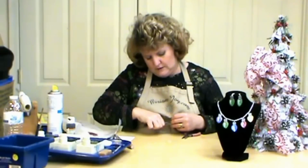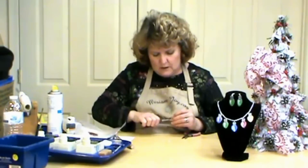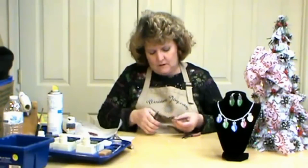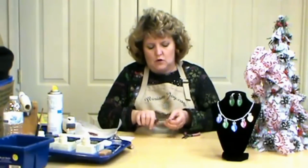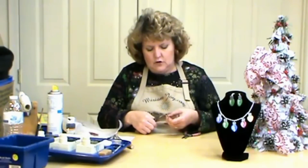I'm going to squish it sideways, and then I'm going to squish it from top to bottom just to keep that nice and tight as well. So now we're going to put the second jump ring on, and we're going to do the same with it. We're going to open it up, and we're going to put this one through our first jump ring,